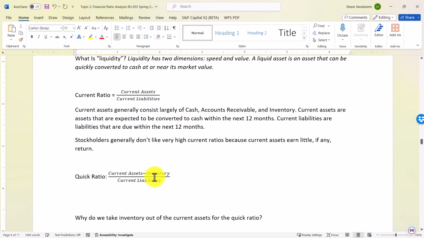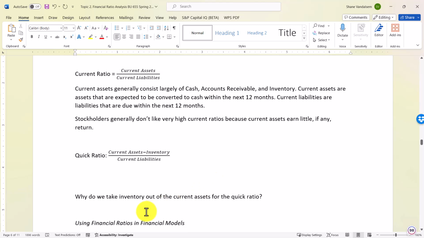Quick ratio. So it looks a lot like the current ratio, except we subtract out inventory. And the reason why we subtract out inventory is the book value of that inventory, especially in liquidation, is questionable. So I put down below, why do we take inventory out of the current assets? For the quick ratio, inventory is taken out